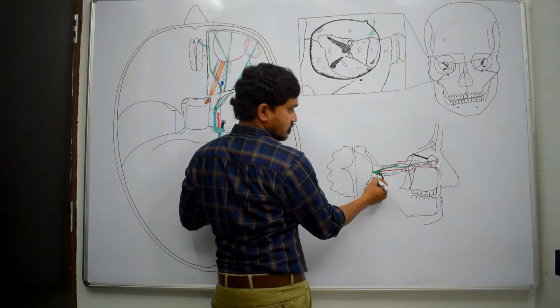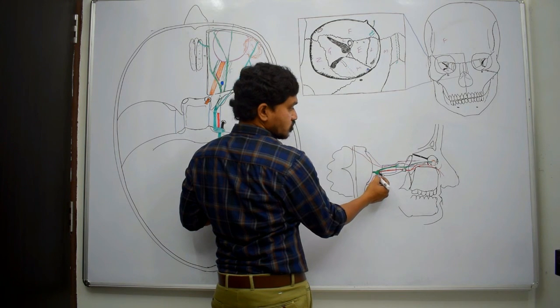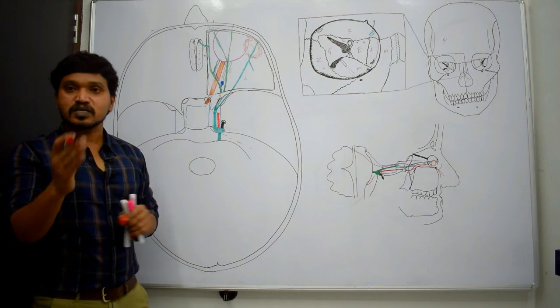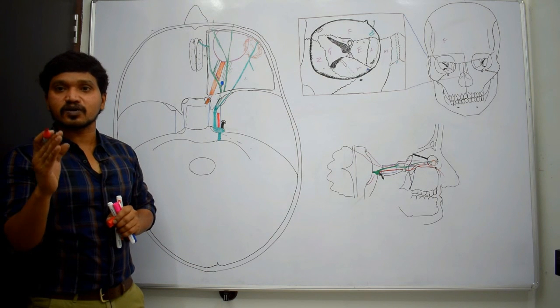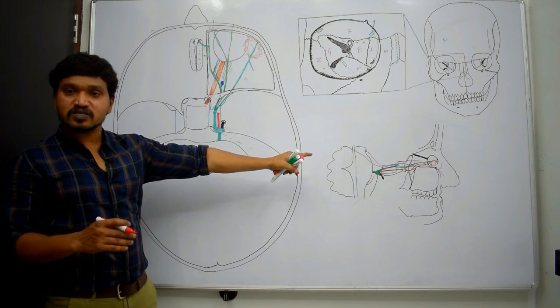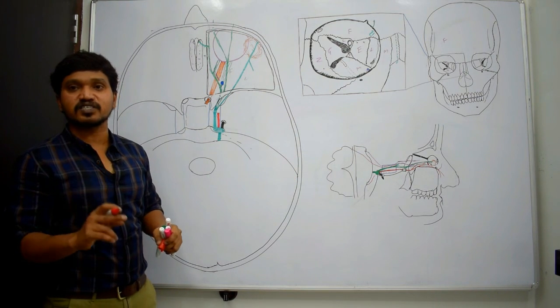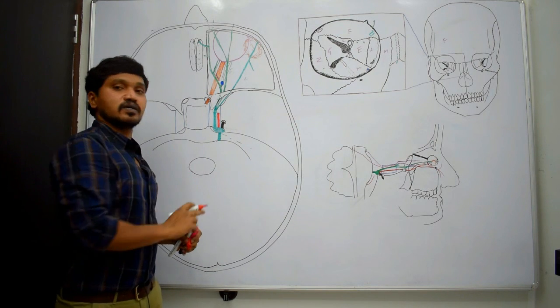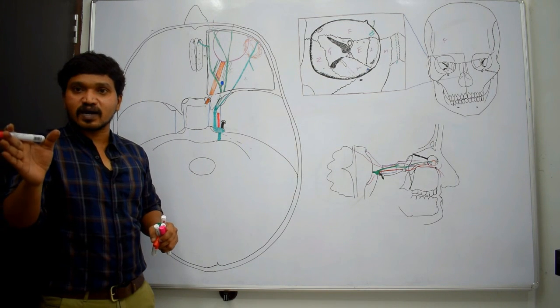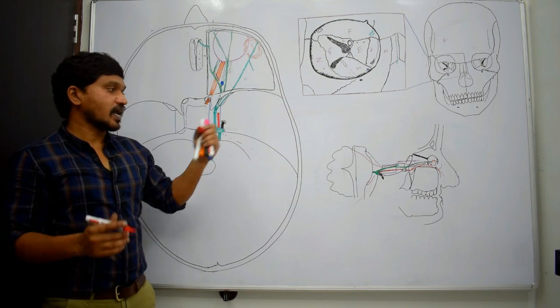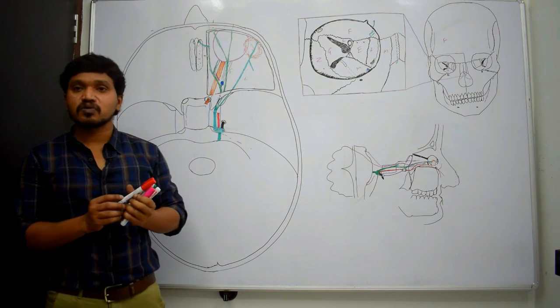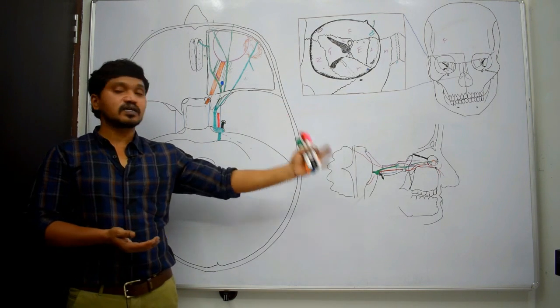This 6th cranial nerve passes through the cavernous sinus just below and medial to the internal carotid artery. Then it passes through the central part of the superior orbital fissure, reaches the orbit, crosses laterally, and supplies the lateral rectus muscle. That is about the 6th cranial nerve. These are the nerves which are present in the